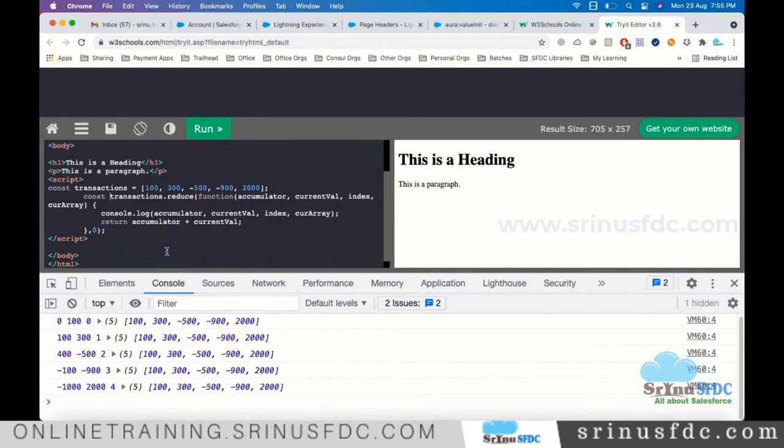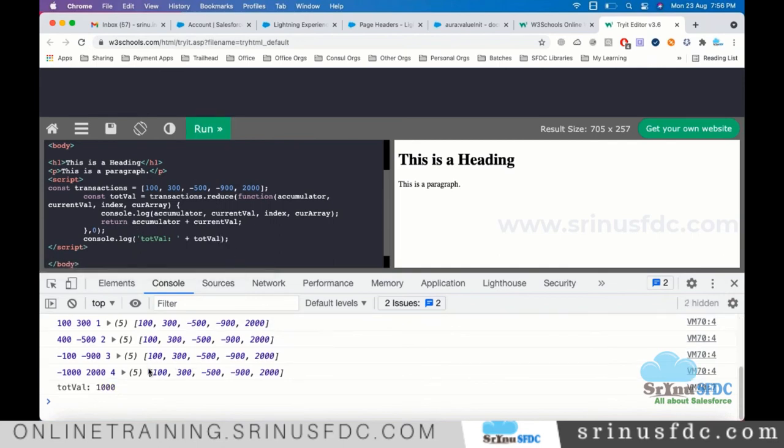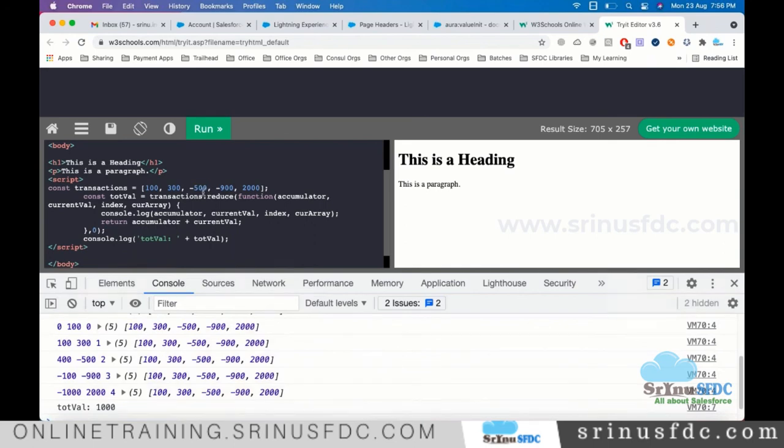When you store this value into a variable, let's say total value, and console.log the total value. If you see altogether, the total value it is giving is 1000.